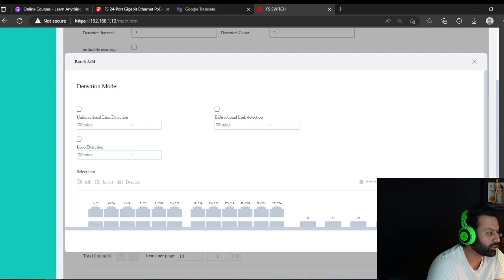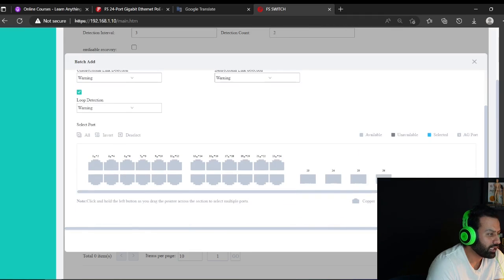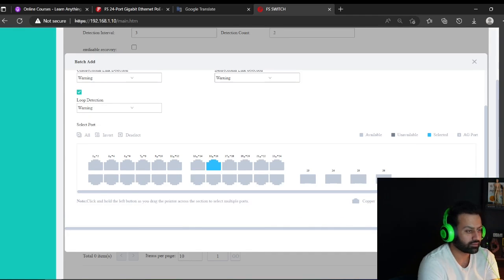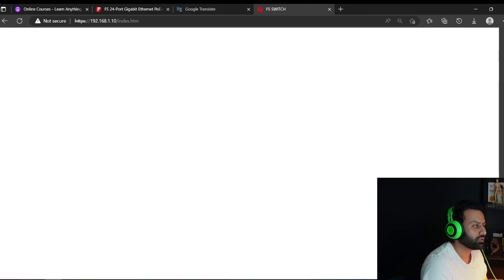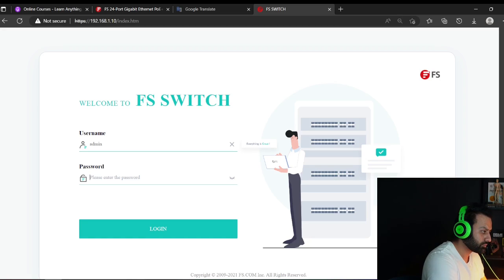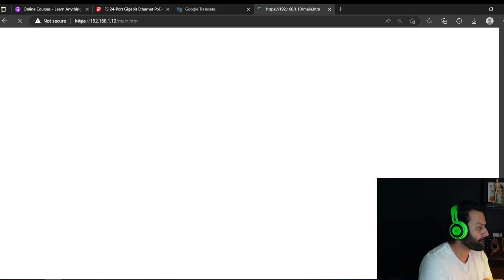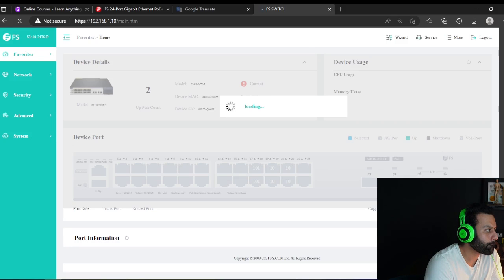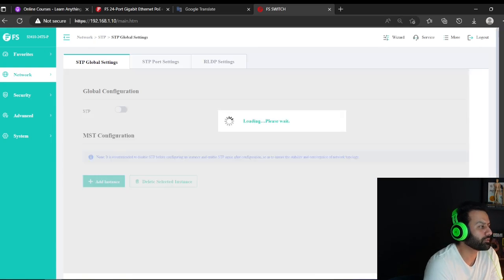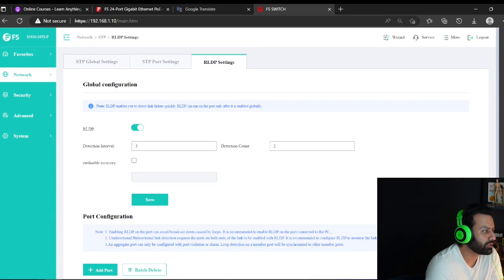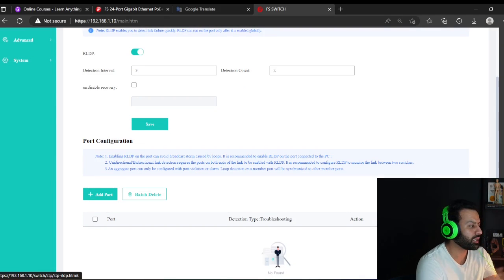So let's add the port. And here I would say warning, loop detection, anything happens. Port number 15 belongs to that one. So your session is unlocked and okay, the session has expired. All right, that's fine. Where are we? Spanning tree protocol. We were here and okay, it's enabled, and now I'm going to assign a port for that